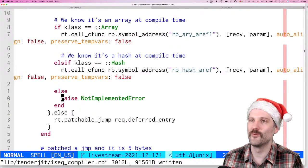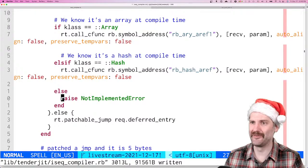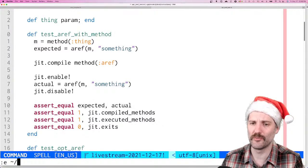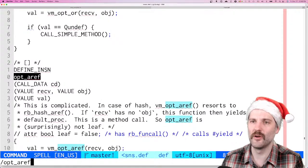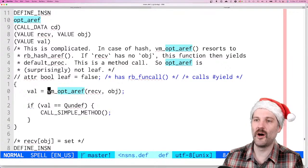Okay, so we got the method, we got that test case, and now we have to do something with it. I guess we have to call a method? I don't know. Let's actually just see what the normal interpreter does. Git grep opt aref. Okay, so VM opt aref,